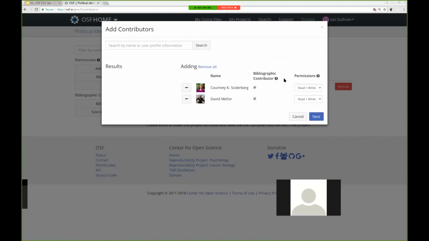The first here is this bibliographic contributor box, which is checked by default, which means that by default, when I add them, they will show up in the bibliography. What this means is, do I want these people to be publicly visible on the project page as contributors, and do I want them to appear in the citation? Because this is all for a private project, this distinction may not matter as much at the moment, but if